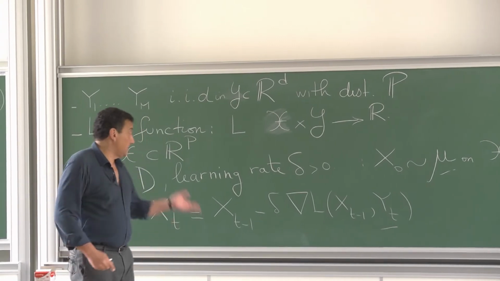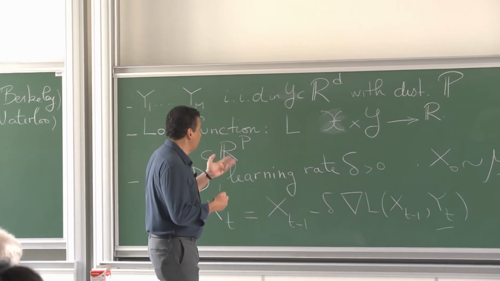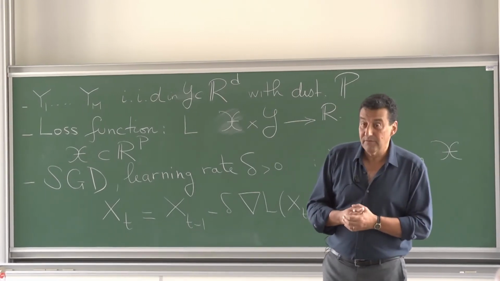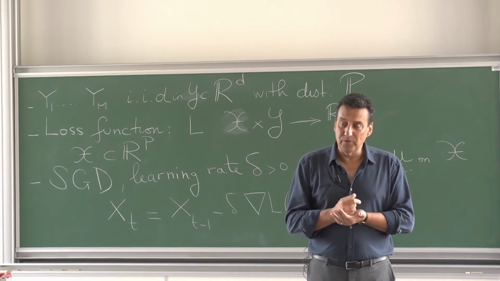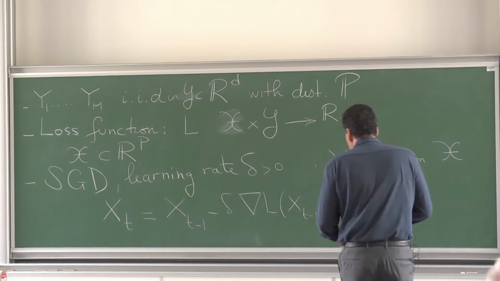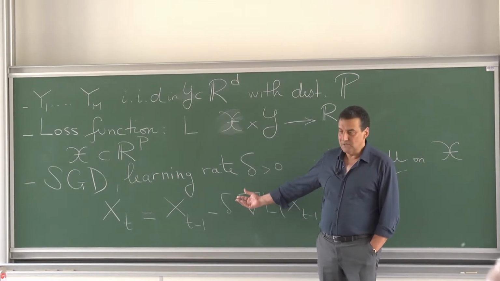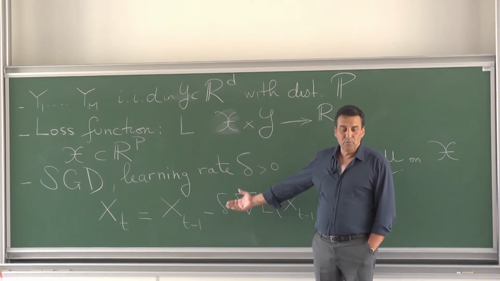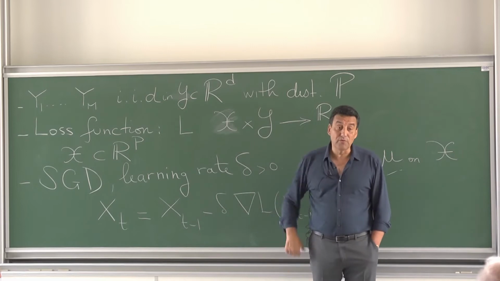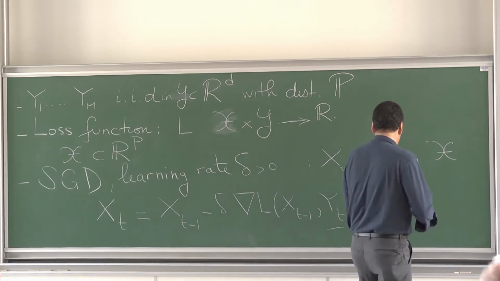So we want to understand this. This is a very, very classical thing to do, and it's understood in this context. D is fixed, P is fixed. Let me say what you all know. First, it's not new. Of course, it has been introduced by Robbins and Monro decades ago. And the result everybody has in mind is that this converges, when the step size is small enough, in fixed dimension, and when you have enough smoothness properties for everything, to the gradient flow of the population loss,